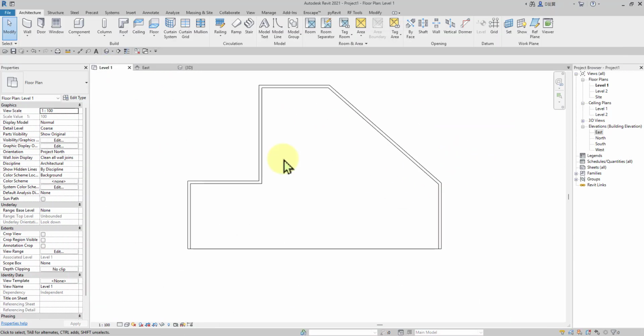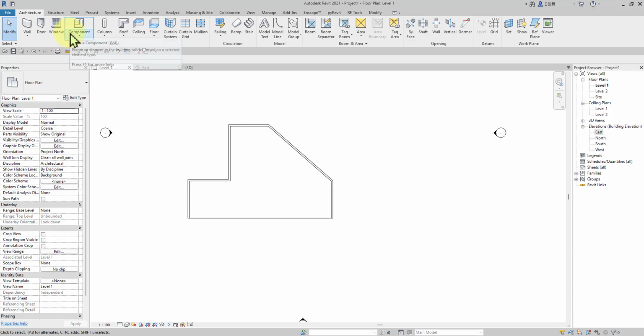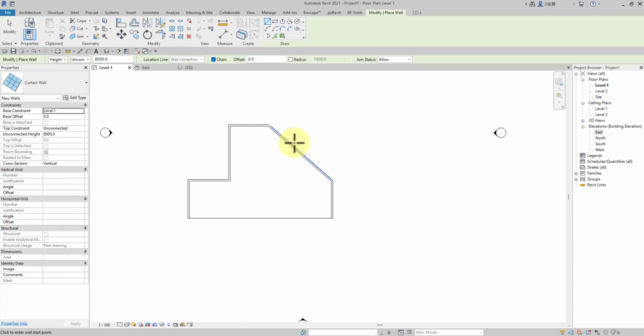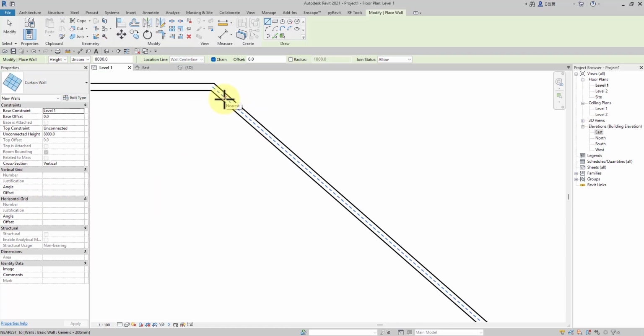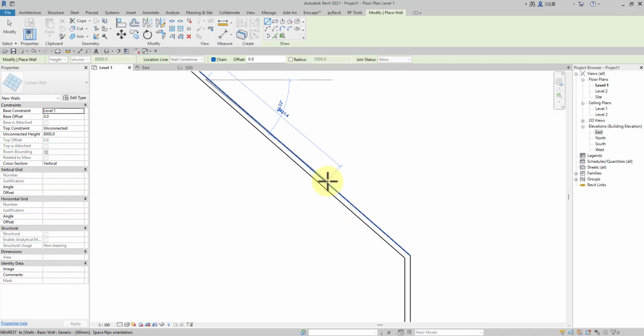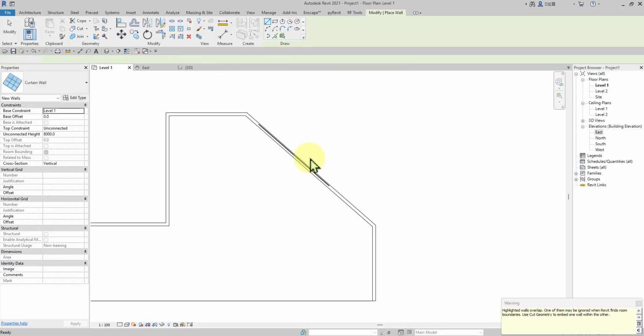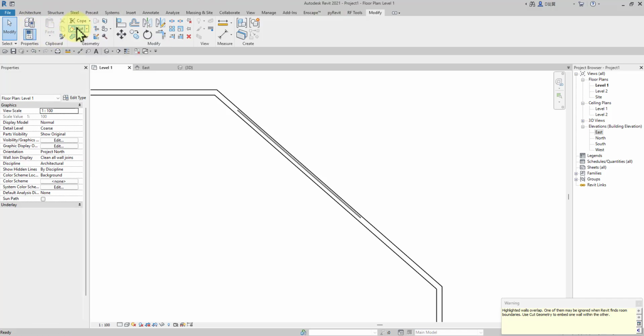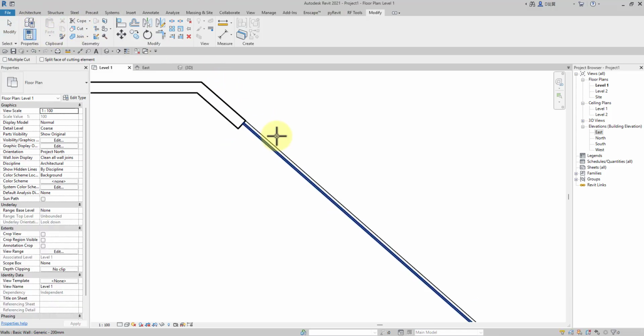Let me head back into level 1 and create my curtain wall in there. I'm going to get back into my wall, scroll all the way down, and select my curtain wall, and I'm going to draw this somewhere around here. I'm going to pull this to about 6 meters, and I'll have to cut that. So get into modify, click on your cut tool right there, click on the wall, and then just click on